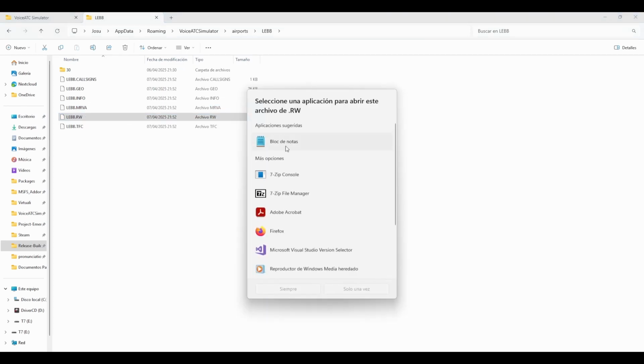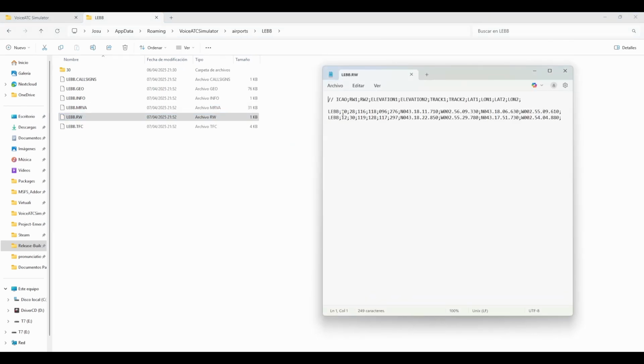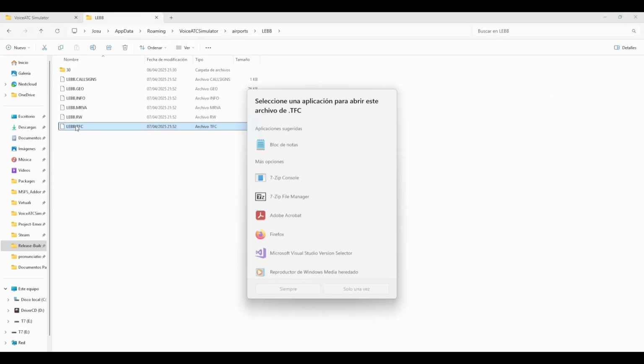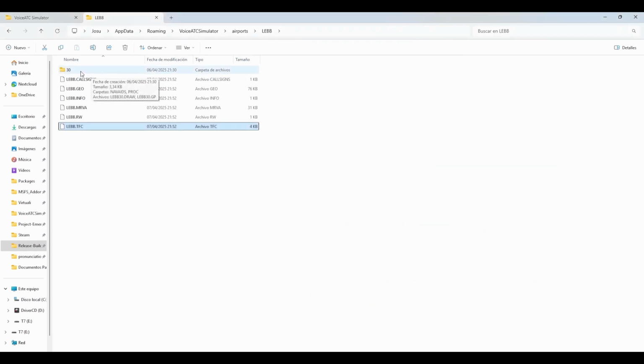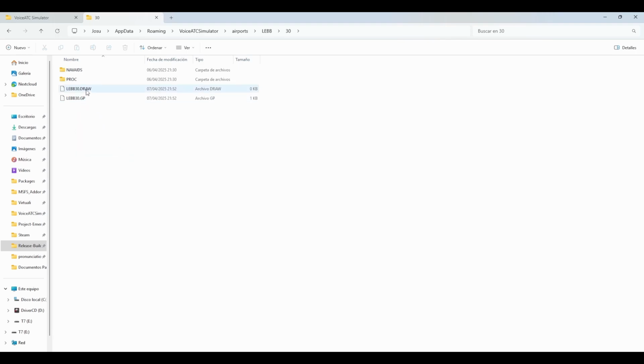The runway file has information for the runways. The traffic file has information of the routes and popularity of the routes of each airline depending on the departure airport. And in configuration specific files we will find the draw file, which we can see for example in Madrid